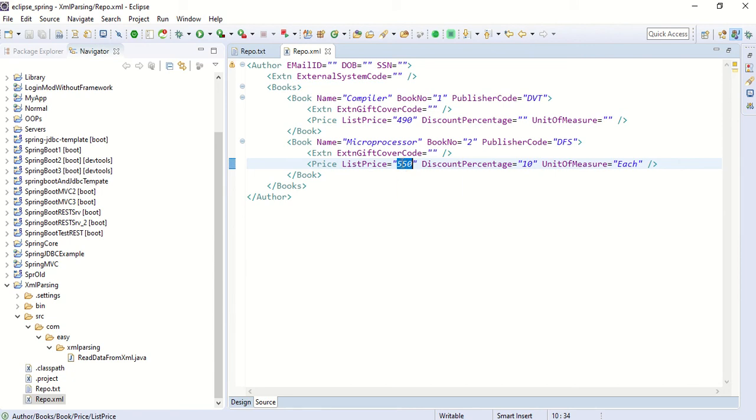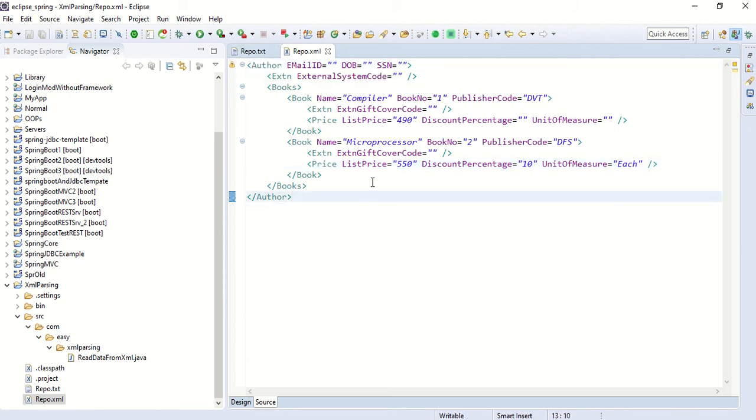You cannot directly read it. You need to traverse from one element to another, parent to child element, until you reach this element, and then read this value. So these are the elements and these are the attributes.